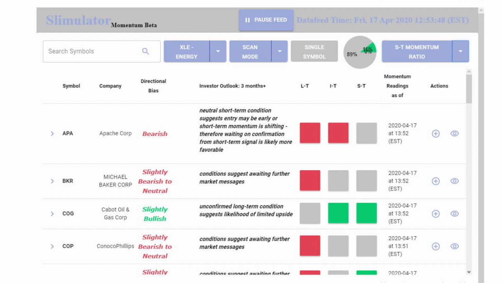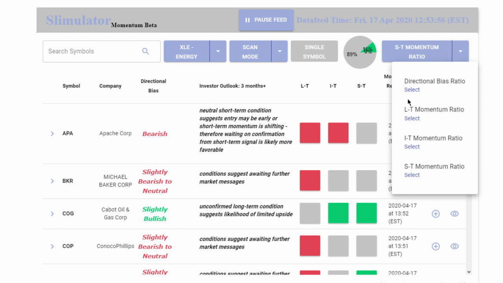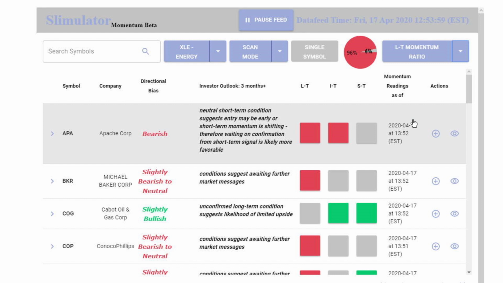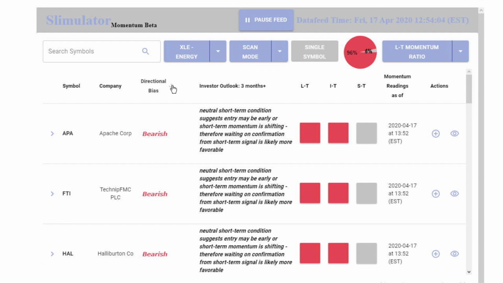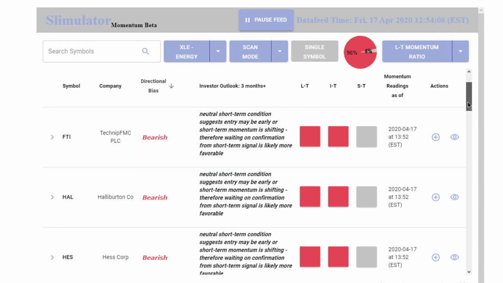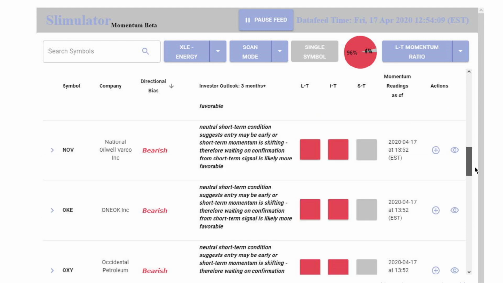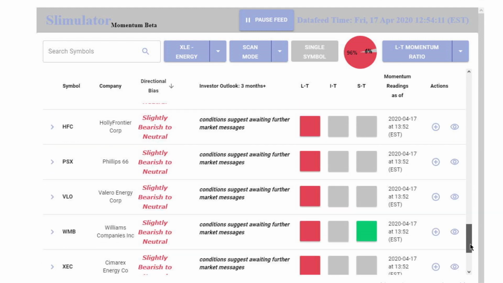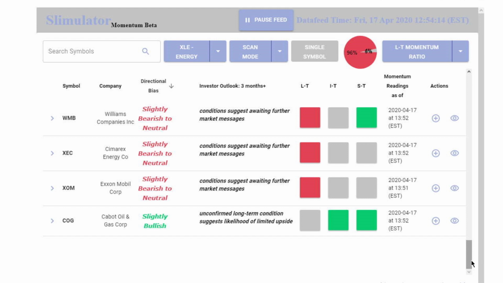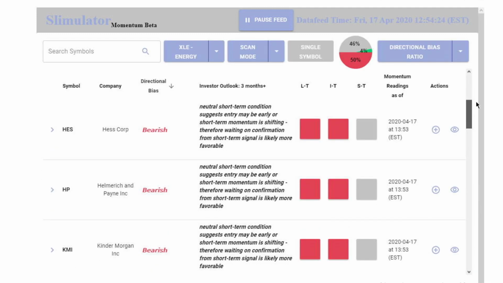So what's really clear is you're getting a rally right now or some upticks in the energy sector that lives within a very terrible long-term momentum condition, and hence there are so many of these stocks, I'm just going to scan on the directional bias right over here, that are really bearish. It's going to take a long time for these to get fixed, and you can see in the group there is almost nothing other than COG, which is slightly bullish in here. So you get some slightly bearish to neutral readings, but overall this group is really sick,